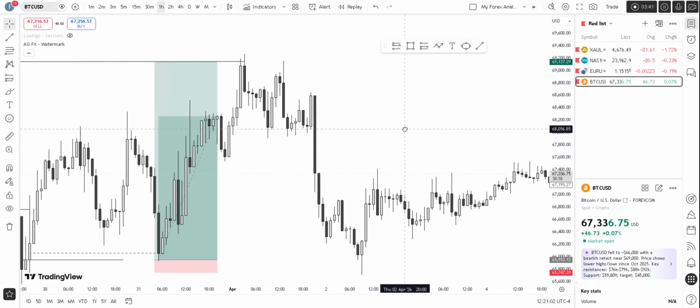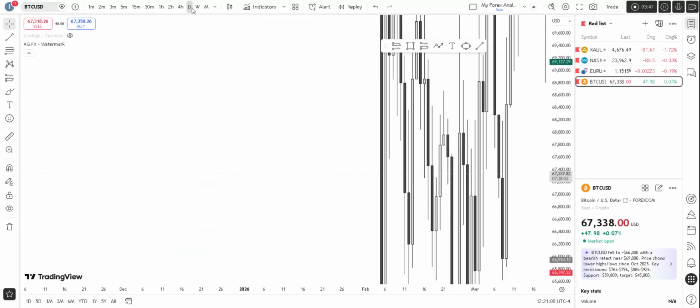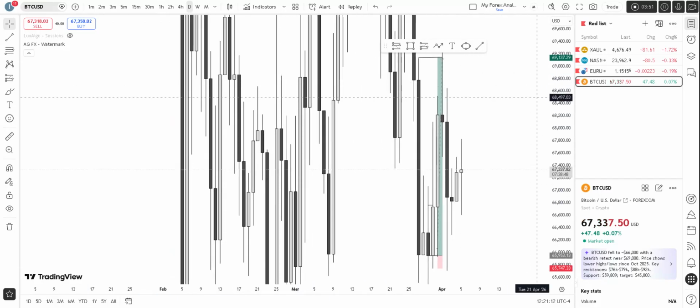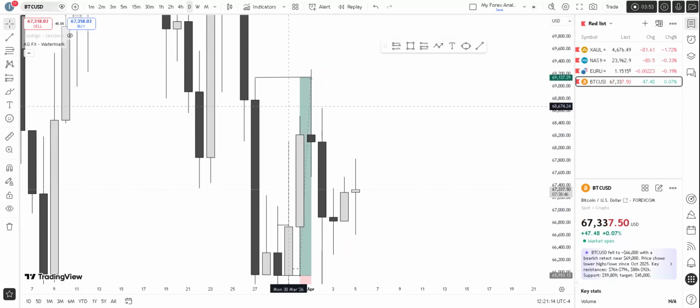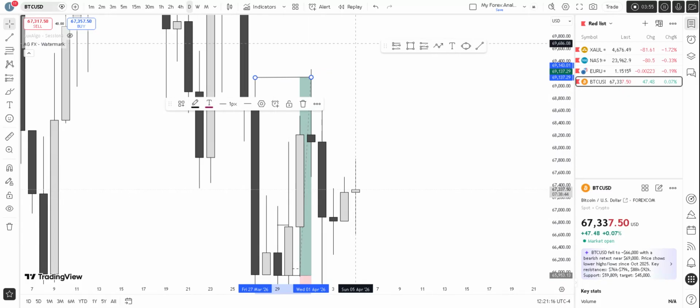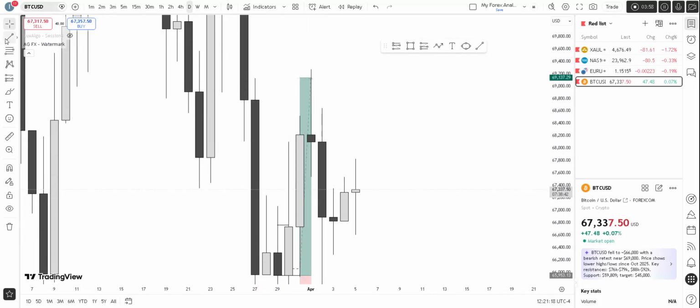So I said I missed this sell setup, but I'll still give an explanation of how it came about. All right, same. I went to my daily time frame. Now you can see that there was a rejection from the daily key level. Now, aside from the daily rejection from this key level, I actually spotted